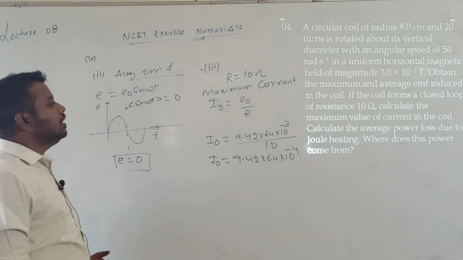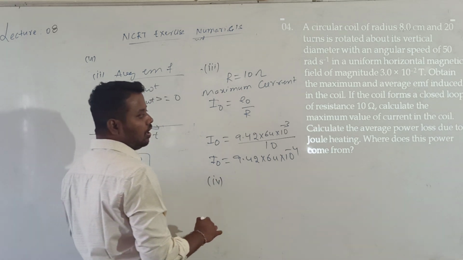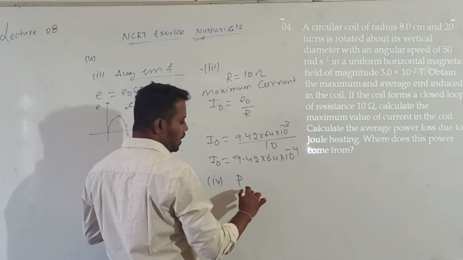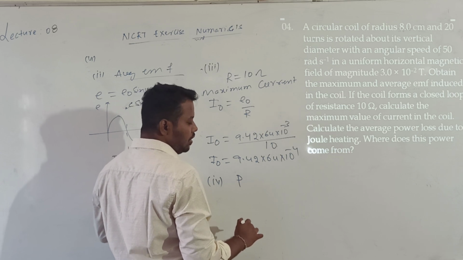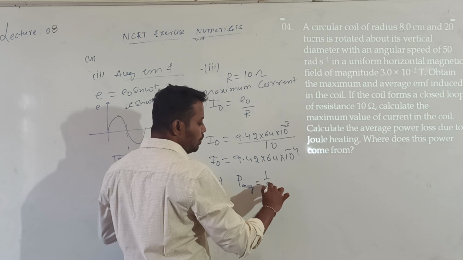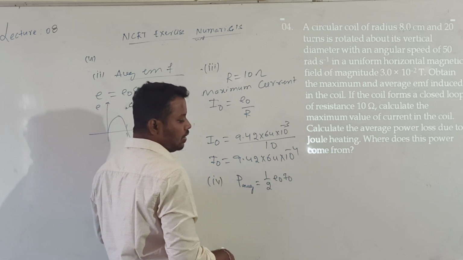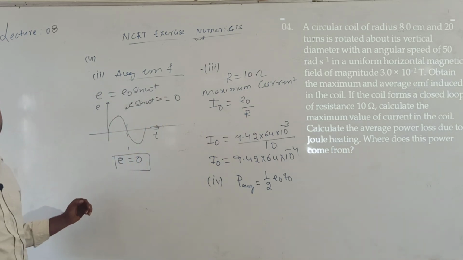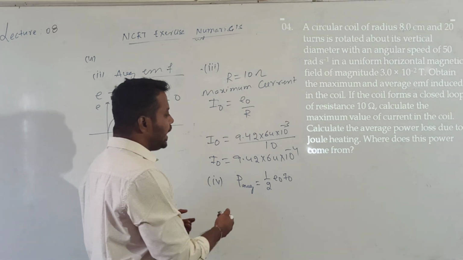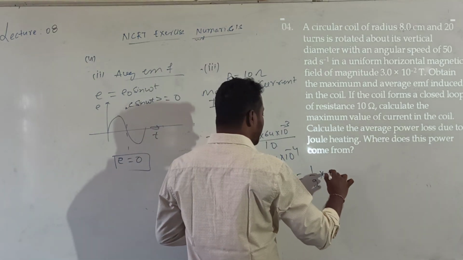In the fourth question, what they are asking is, what is the average power loss due to heating? So power is an average value. The average power value is equal to 1 by 2 into E naught into I naught. Why do I take 1 by 2 for the average? So 1 by 2 into E naught into I naught. Both the values you know. 1 by 2 into E naught value